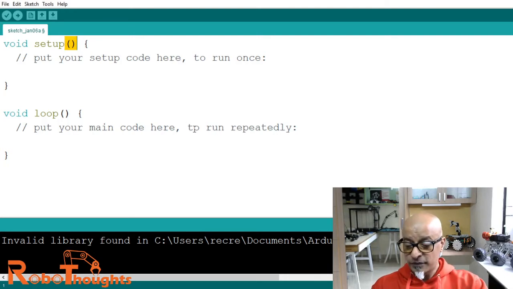In future lessons I will show you how a set of instructions put here will be executed, but most of the time it is left empty. That is how it is. If you forget this, your code will not execute, and it will throw up an error at the bottom here.